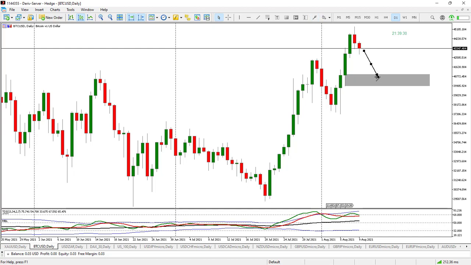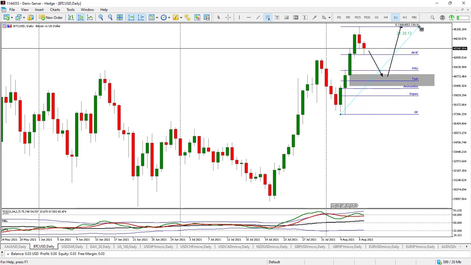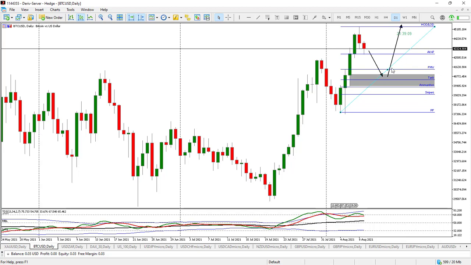Just a drop to this zone, then rise. From that low to this high, and then this is what I will be expecting to see, guys. Going with